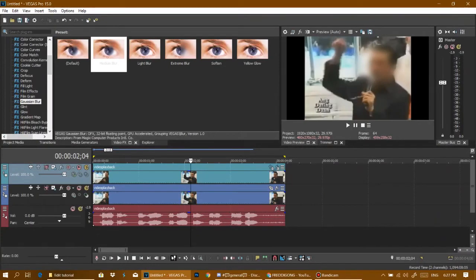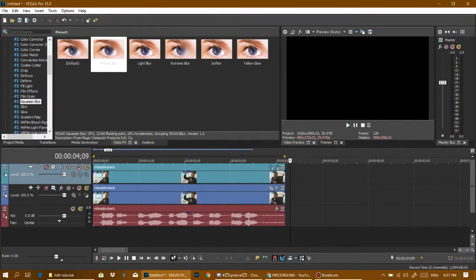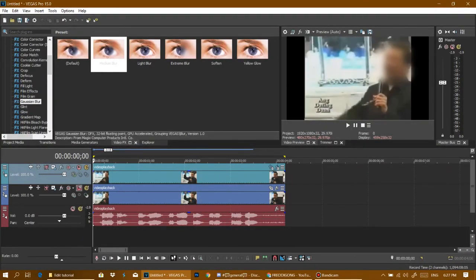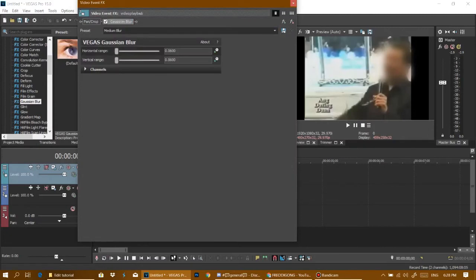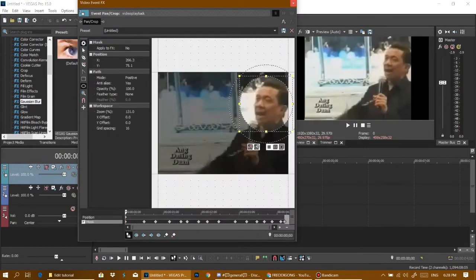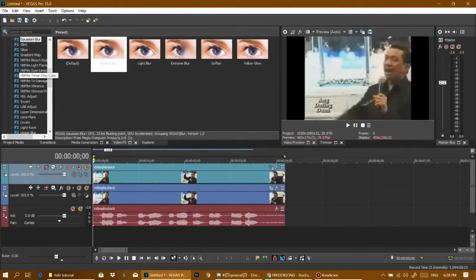So, gago, tanga, inutil, tarantado. There we have it. We have censored a moving object, of course, in a video. But there are other ways, of course. By the way, if you're new in Vegas, this is how you can remove it, like just remove the plugin, stuff like that. Just over here in the video FX, you just search for Pixelate,